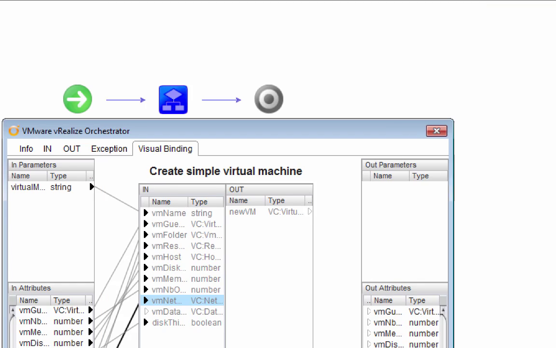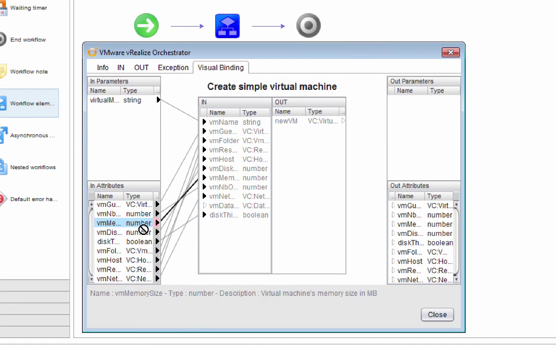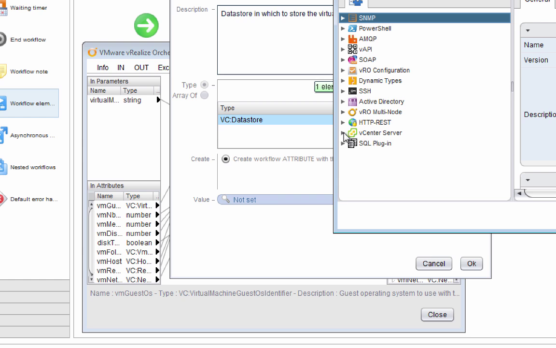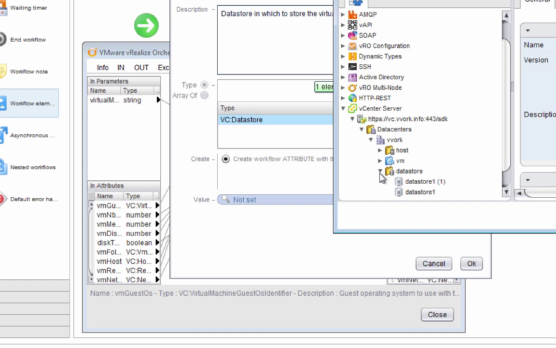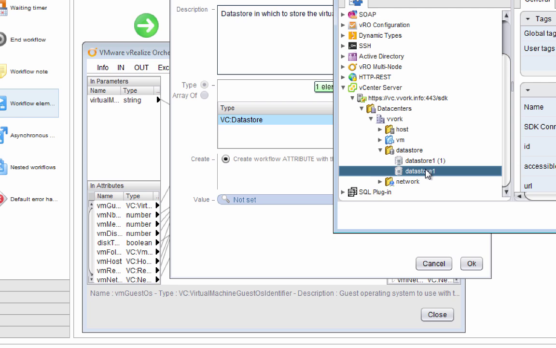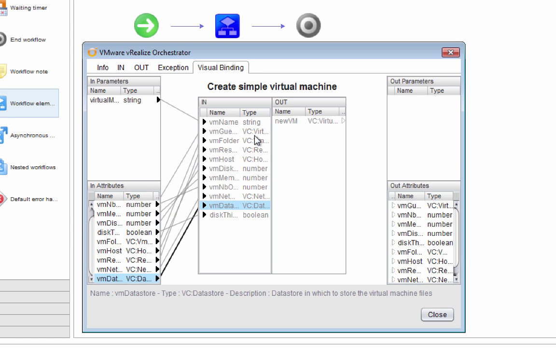And data stores I actually have to be a little more careful of, because notice I've run out of white space, so I'm going to drop on the column header. Data store I'm going to be a little careful with because my hosts are currently set up as standalone hosts. I have no shared storage between them, so I've got to make certain I pick the right data store to go with the right host. So under data stores, I picked host ESXi01. I happen to know that data store 1 in my environment is a local data store on that host. Anyways, I choose that, and now we've hooked up all the input parameters to the workflow that we're calling,